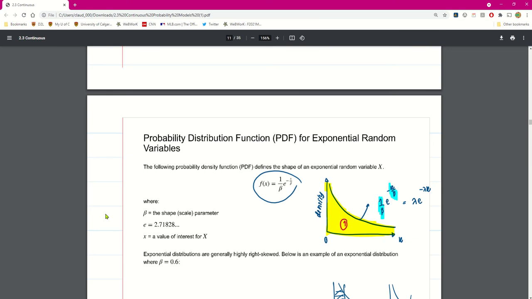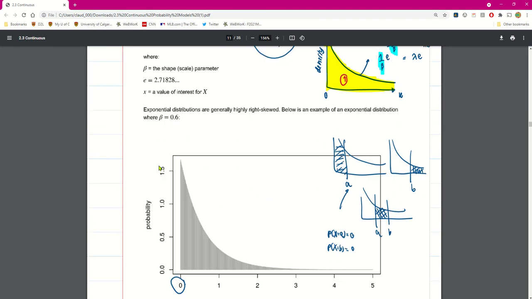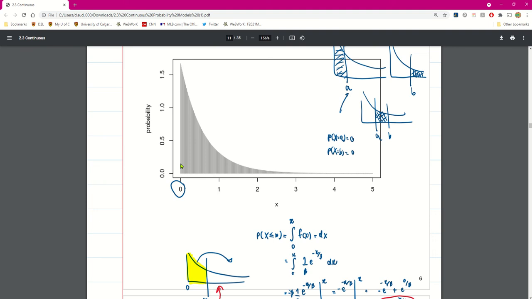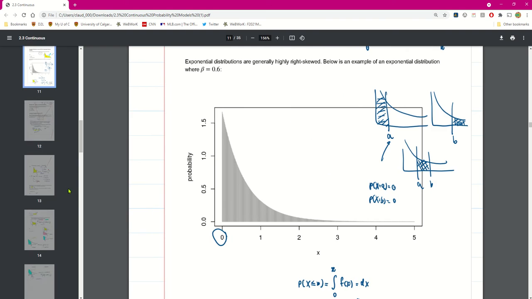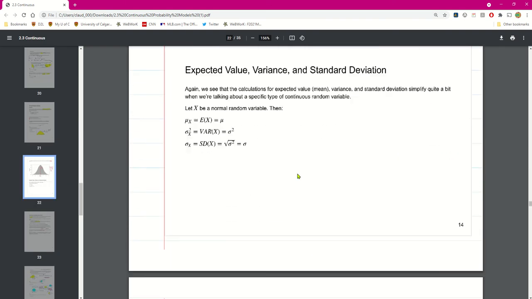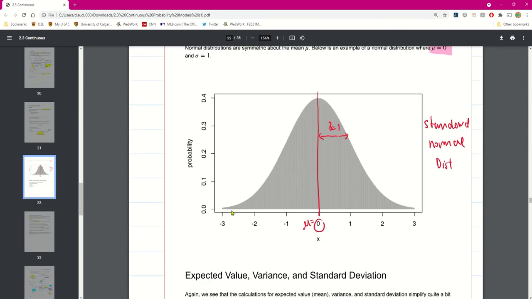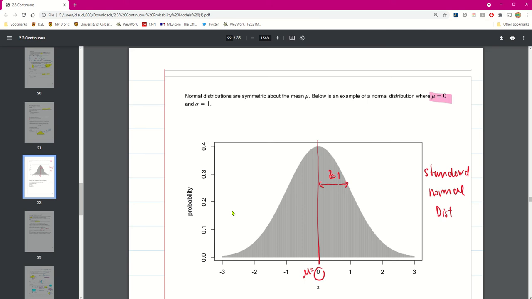The main thing to remember about these distributions when we start talking about the continuous distributions is that an exponential distribution is generally highly right skewed. So this is page 6 of the 2.3 notes. In general, exponential distributions will have this nice right skewed shape, whereas normal distributions, let me find a picture here, on page 14, have that nice symmetric shape, that bell curve shape centered at the mean